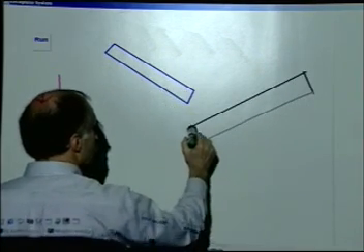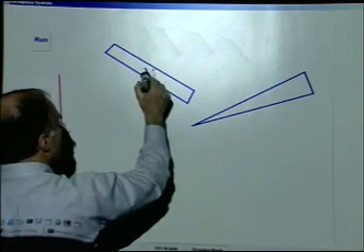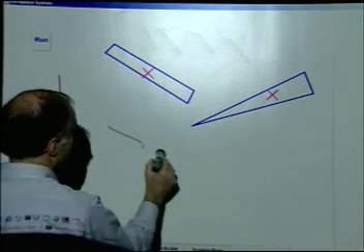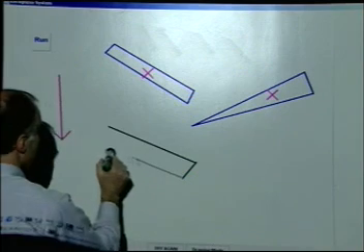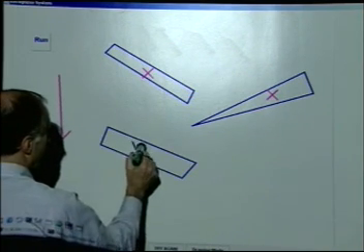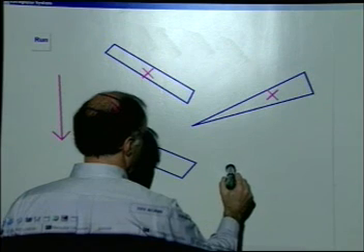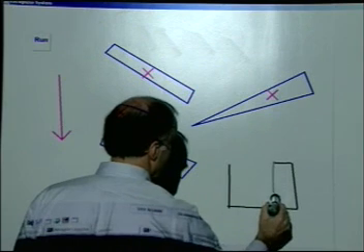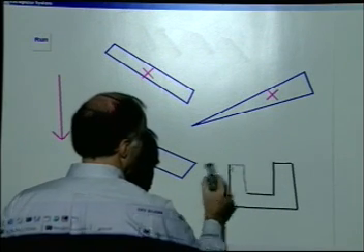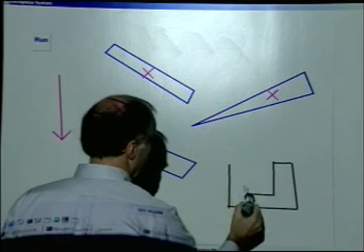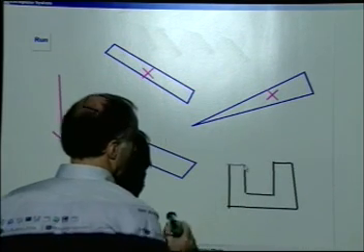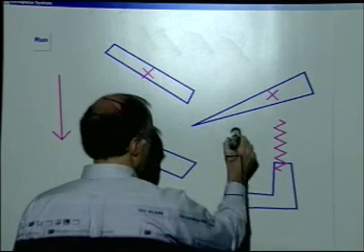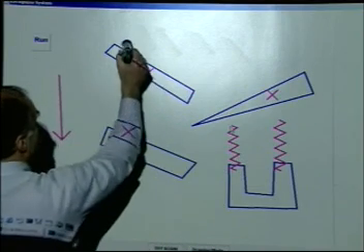I'm going to draw a collection of boards for the marbles to run down. I'll anchor them to the background, put one more board down here, and let's give them a cup to fall into. And just to make it interesting, we'll anchor the cup with a couple of springs, put some marbles up here,